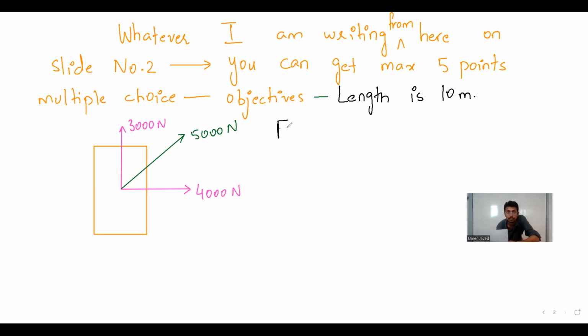This is the first time, by the way, so I will just tell you the formula. Again, don't worry. The first formula we will talk about is stress X is equal to,